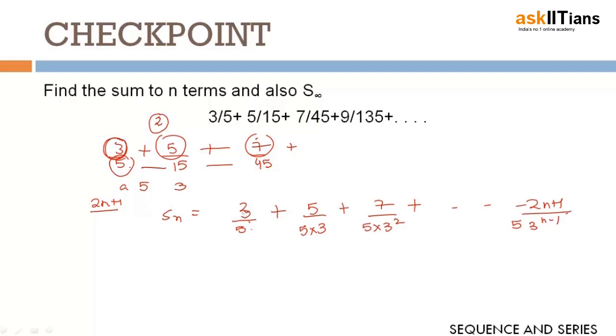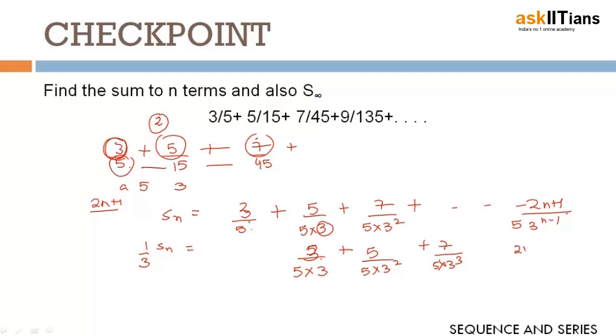So now again we will follow the same step. What is the ratio? 1 by 3. So we'll multiply it by 1 by 3, and this will give us, we'll shift the term here, so 5, this will be upon, it will be 3 here, so 3 over 5 into 3, so we have made basically the denominator same, plus 5 into 3 square plus 7 upon 5 into 3 cube,